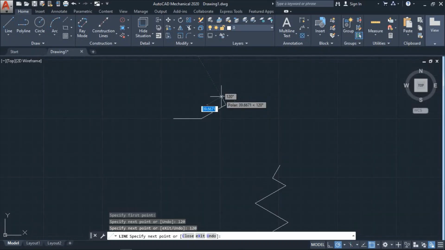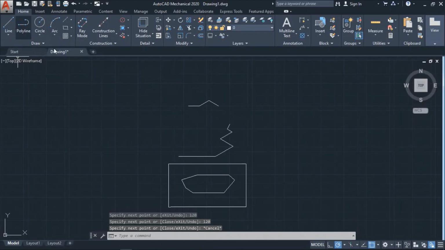This function is mostly used when we have all the dimensions and we have to set them. Again I am going to set it minus 30 degree with 120 mm. So this function is really important in our designing.